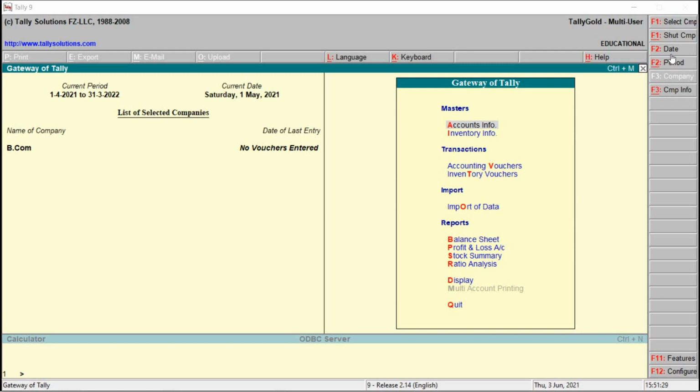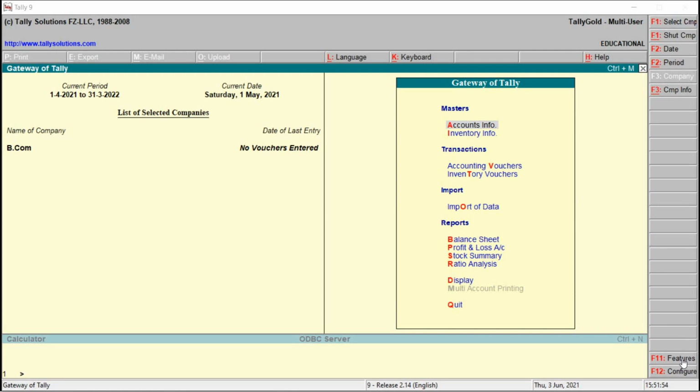On the other side, this is the area we call the vertical button bar, where we can select a company, shut the company, and display the date, period, and company info.